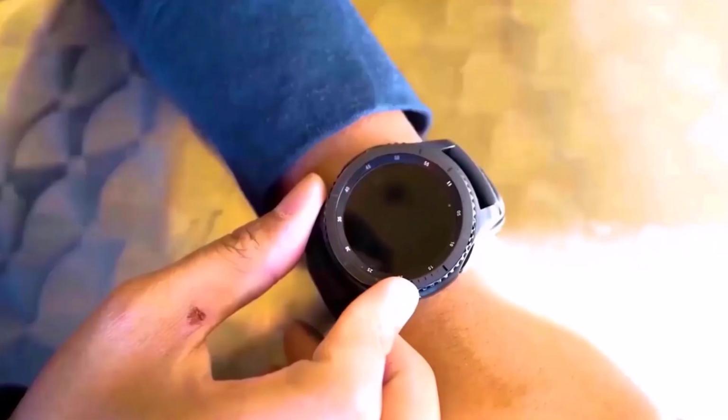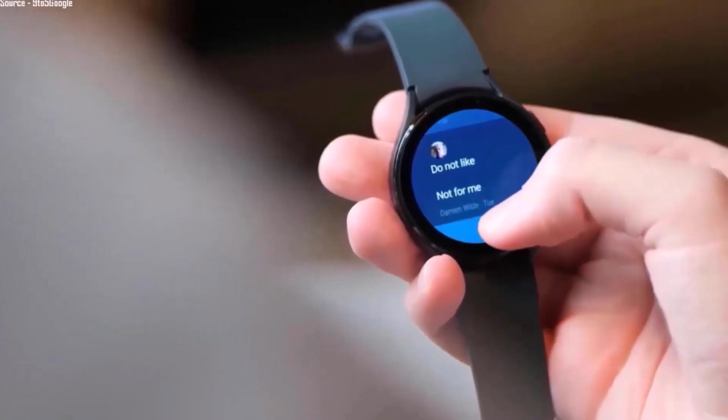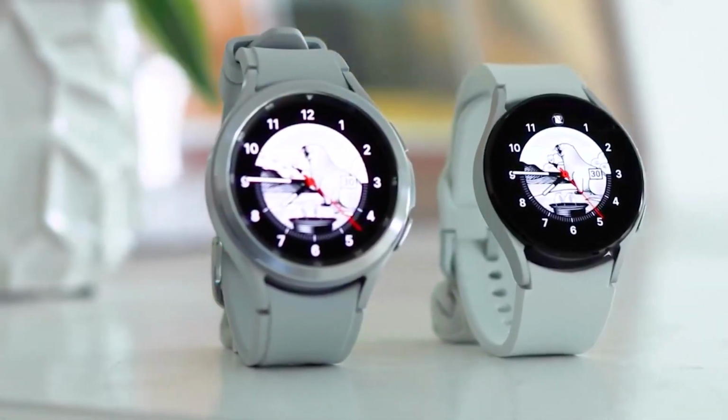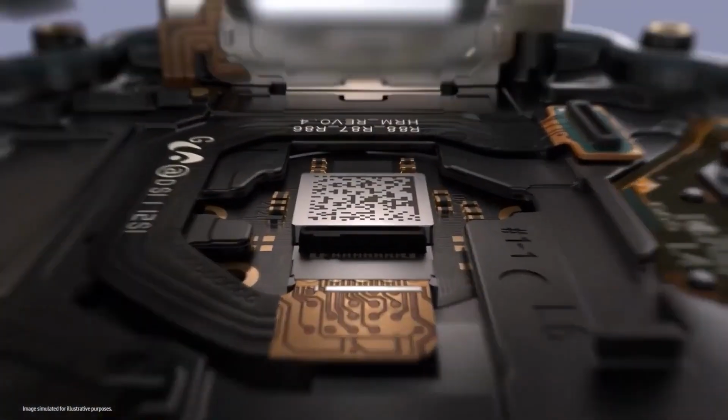Until there is a rumor indicating a price adjustment, we should not anticipate any changes in the pricing of the Galaxy Watch 6. The starting price of the Samsung Galaxy Watch 5 was $279, while the Samsung Galaxy Watch 5 Pro started at $499. The higher price of the Galaxy Watch 5 Pro was justified by its premium materials and